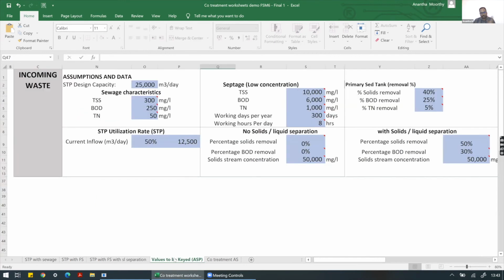Looking at all these factors, with an assumption, we have to get this major data set. One is the capacity of the STP. You need to know what it is designed for, its current utilization rate and its inflow. In case we are doing groundwork and sampling, you will collect the average range of septage characteristics. It could be moderate, sometimes it could be a higher range. So you need to arrive at values which conform to the ground reality. Then, whether we are having a solid liquid separation or no solid liquid separation, a different set of assumptions has to be taken up.